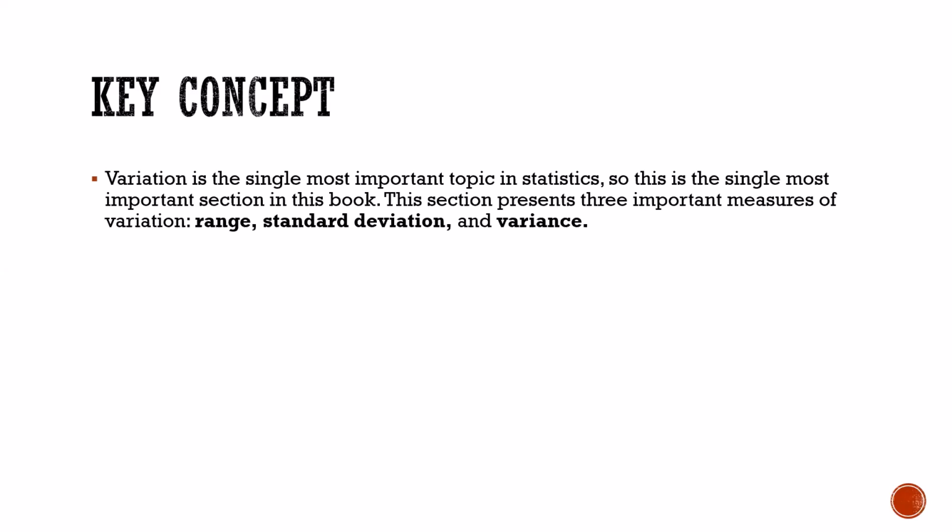We're going to talk about three important measures. Variance and standard deviation are like, how would I want to say, one of them's the square of the other one. So if you know how to find one, you can easily find the other one. So range and standard deviation, I'm sure everyone has heard the term standard deviation at least somewhere before, even if you're not entirely sure what it is. Okay, so